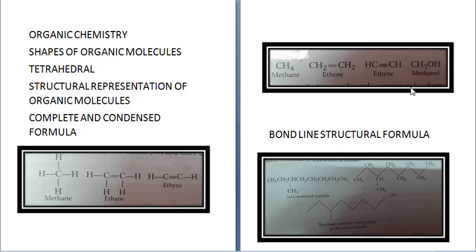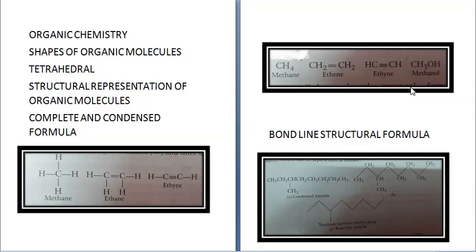The next way of representing is the bond line structural formula. In this method, carbon-carbon bonds are shown by lines drawn in zigzag fashion. Carbon and hydrogen atoms are not shown. The terminals denote methyl groups. Until and unless there is something other than a methyl group, then that will be written, but if it is CH3, it will not be written. The line junctions denote carbon atoms bonded to the appropriate number of hydrogen atoms required to satisfy the tetravalency shown by the carbon atom.